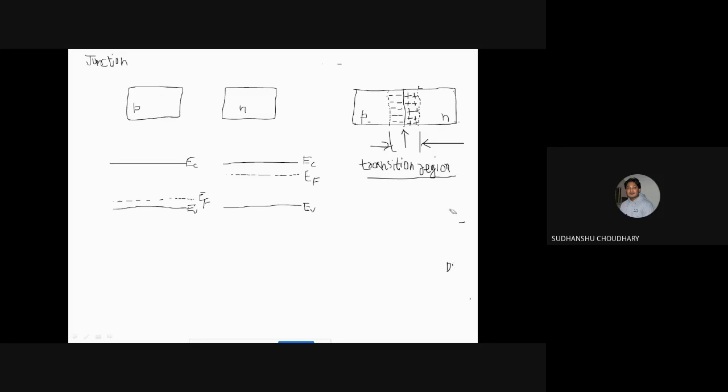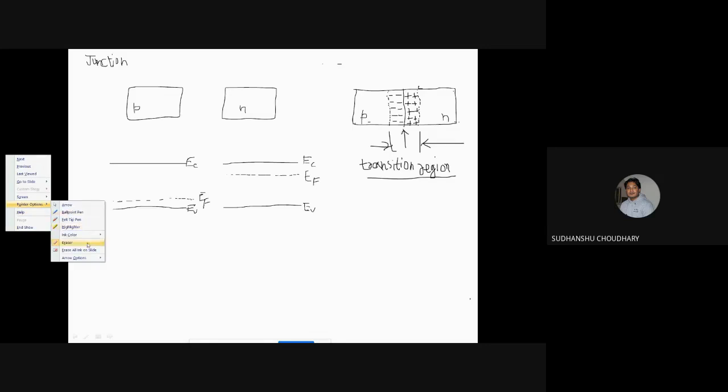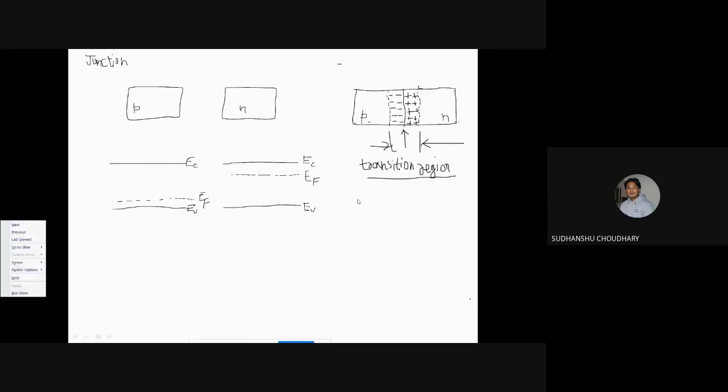So the energy band diagram, when these two separate regions are contacted, right? So these two regions were contacted over here. So because of the diffusion and drift of carriers, and now when the system is in equilibrium, obviously in equilibrium we understood that the Fermi level will be constant. Okay? There will be no gradient in the Fermi level at equilibrium. So that means the Fermi level should be straight.